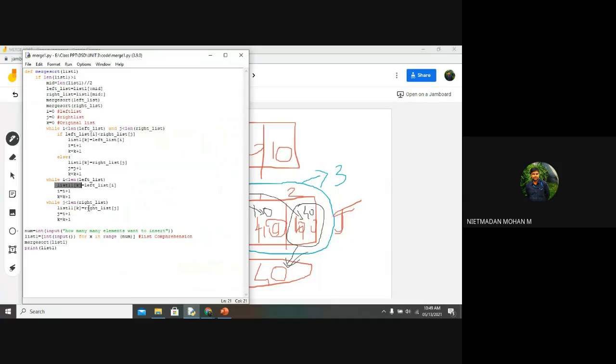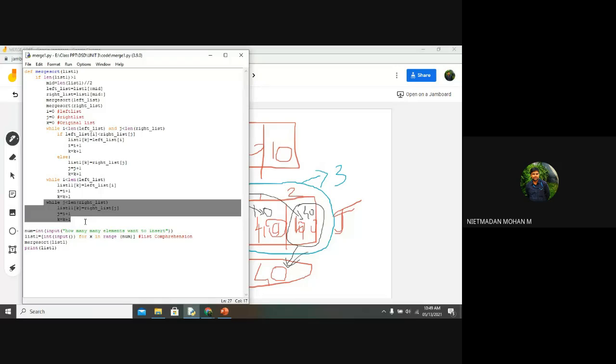Either in the right list, if you have any value pending after all the comparisons have been done, that one is to be put in the list k, at the end of the list. So that is the concept. Either you will get it in the left list or in the right list, not in both lists. That's it.